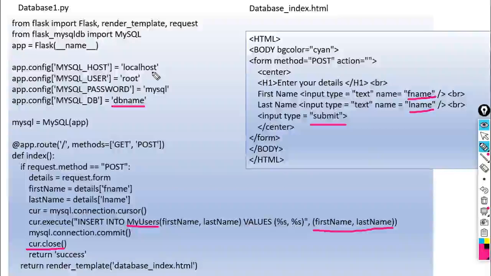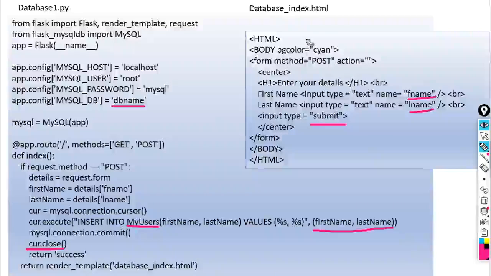The attributes you enter will be stored in variables, because we are going to transfer those variables to the database, and then we have to fire the insert query. So insert into table name, field names, and then values.